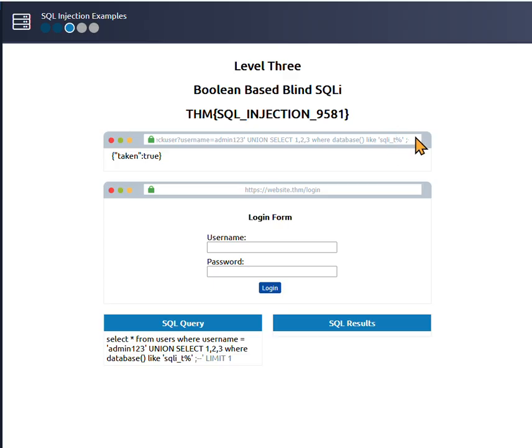So now we got the name of the database, and let's get the particular name of the table. So let's change the structured language query. And notice we have the structured language query being put into the URL field itself. Okay, so now let's change it up. We know from the table and from the information within the table, so let's put information in the table,